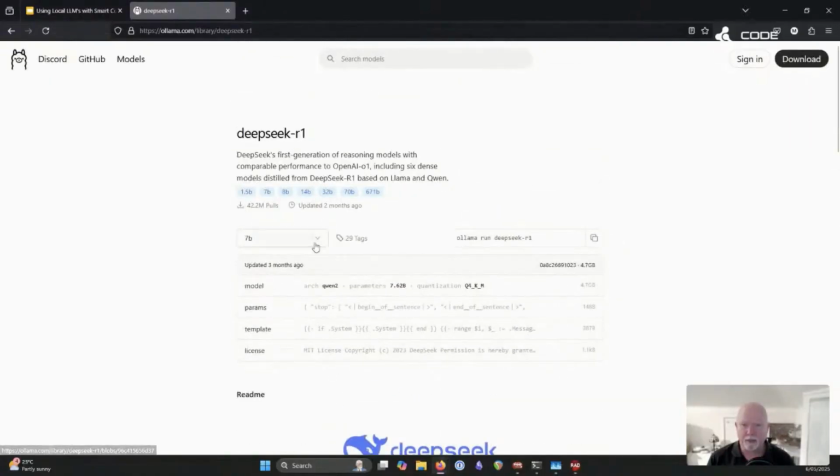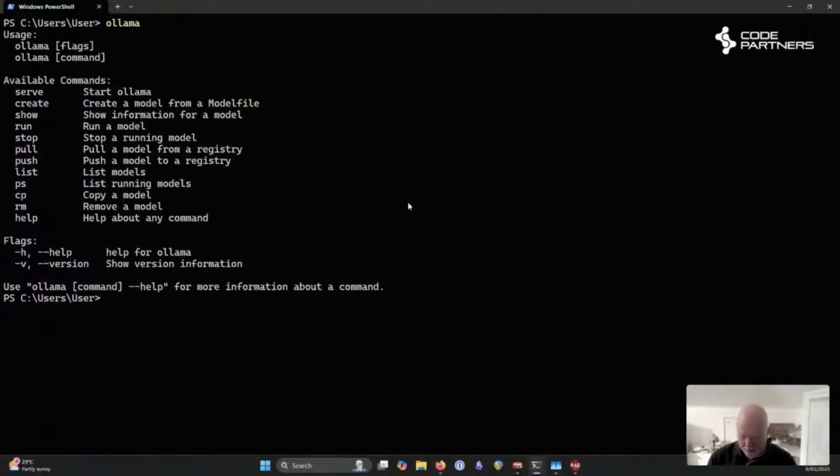There's a README here, but the key thing you want to do is you can drop down and select which one you want to try. So let's say you wanted to try the 8 billion parameter version. It then gives you a command that you can copy to run at that command prompt. Now, I won't do this one. Let me grab the small one just because it'll download faster. If we copy that and come over to my command prompt and paste it in,